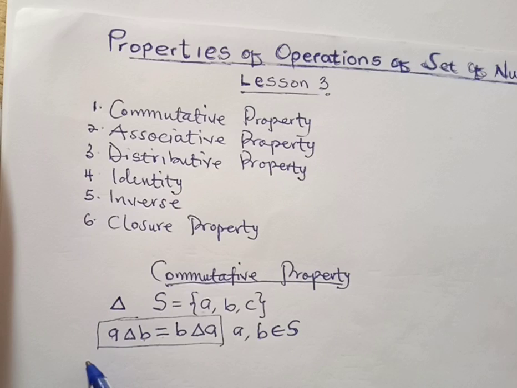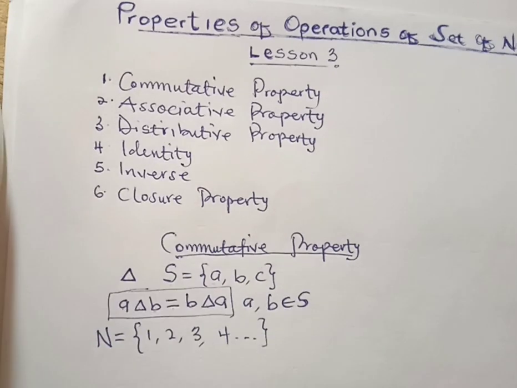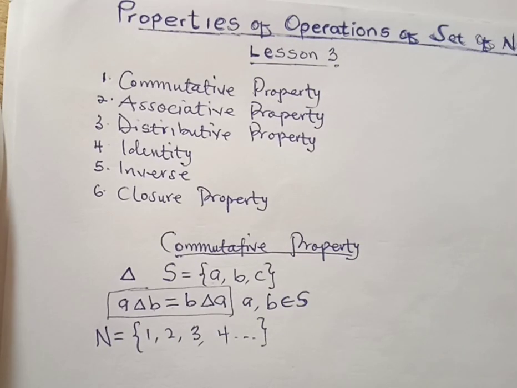So let's say we have the set of natural numbers. So we are given the set of natural numbers: 1, 2, 3, 4 to infinity. Now let's say we are going to use addition as the operation. I'm going to pick two elements from the set of natural numbers. So I'm taking 1 and 2. If I write 1 plus 2,